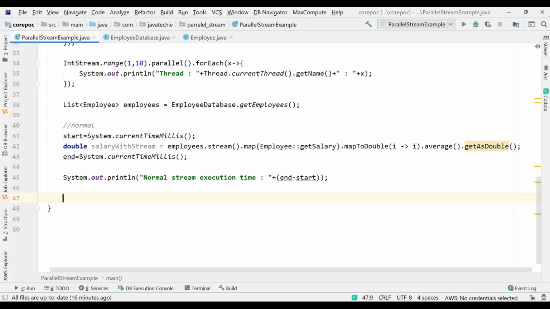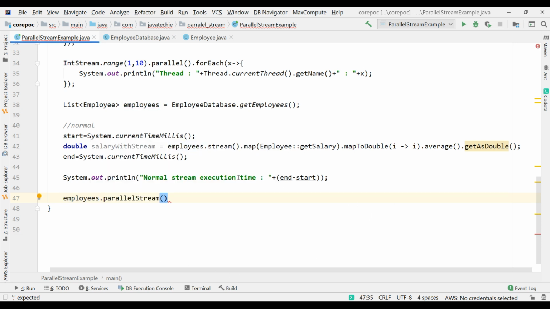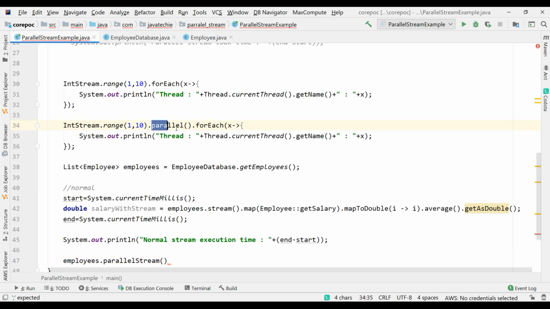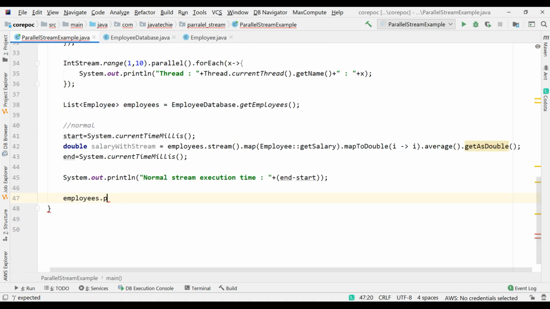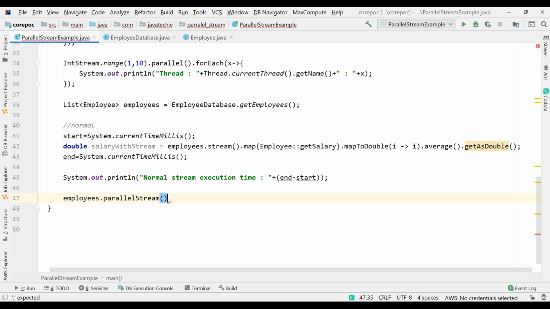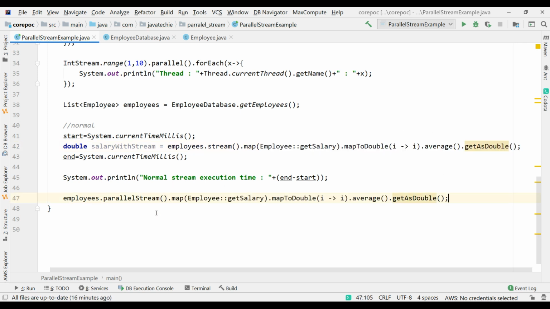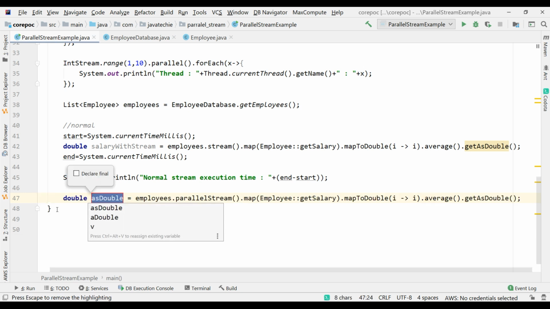Similar way, let's do it for parallel stream. So I'll get employees.parallelStream. I already mentioned there are two ways you can create parallel execution: using the direct parallelStream method, otherwise you can call this parallel method. Okay. So let's verify whether the parallel method will be applicable for these employees or not. No. In case you have an employees list of objects, you can go for parallelStream. Then just do the same logic. Finally getAsDouble. Fine. Now let's define the local variable.